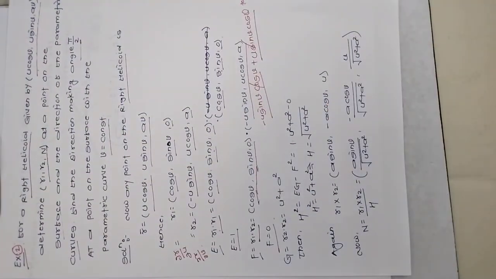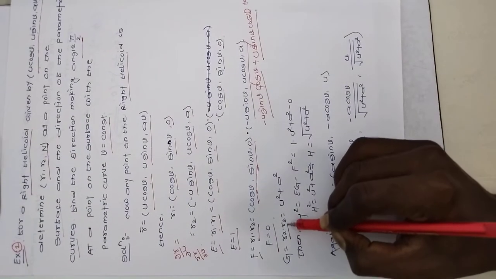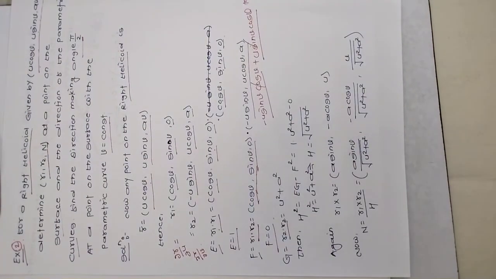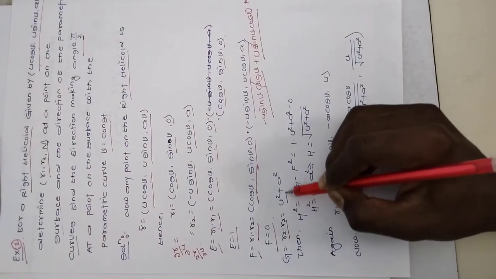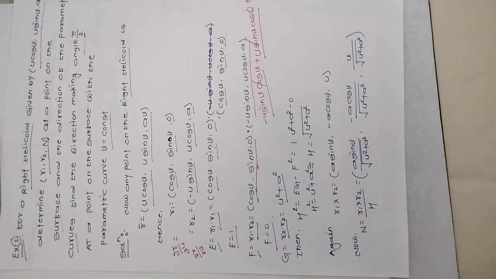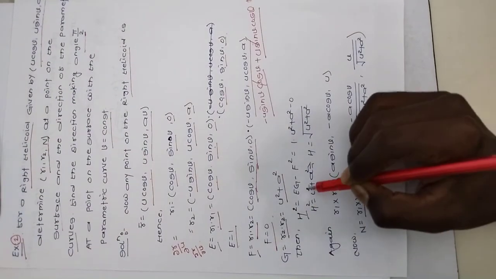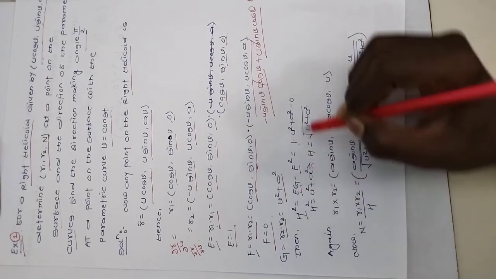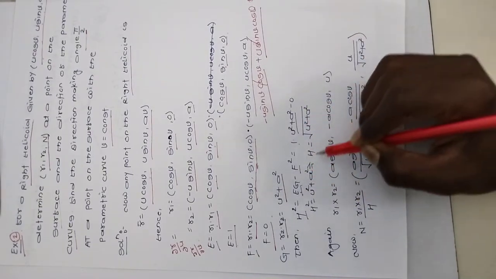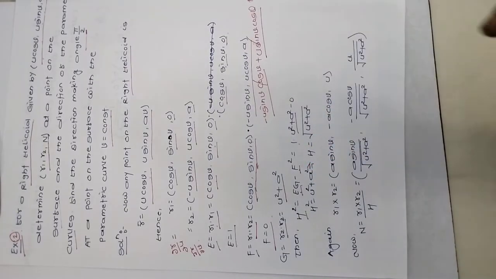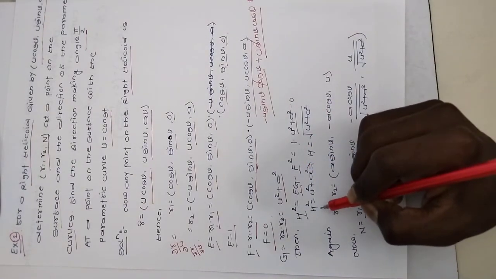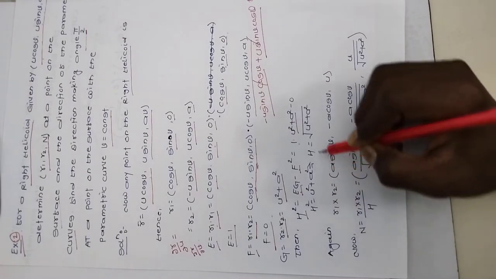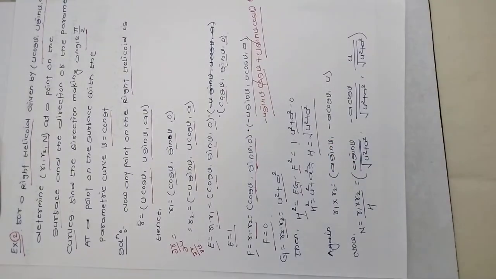Again find the last fundamental coefficient, that is G. So G means r2 dot product with r2, and put the values of r2. So the value of G means u square plus a square. Then find the value of h square. So h square is EG minus F square. The value of E is 1, and the value of G means u square plus a square, minus the value of F, which is 0 squared. So that means h square is equal to u square plus a square, implies h is equal to under root of u square plus a square.